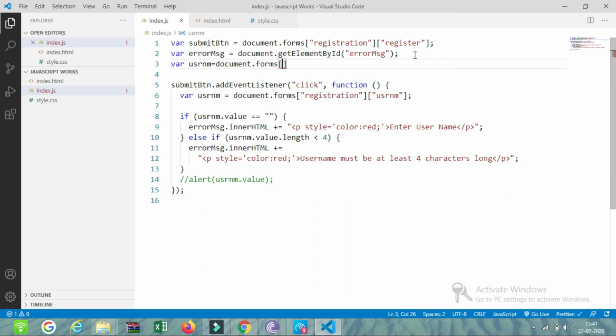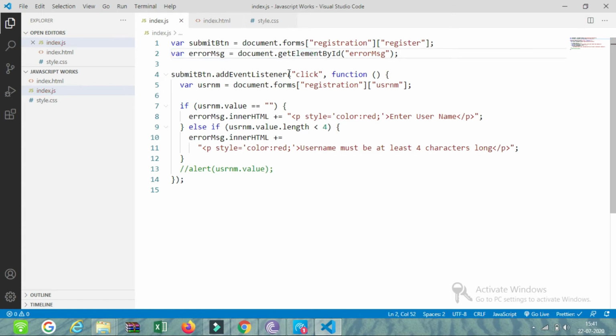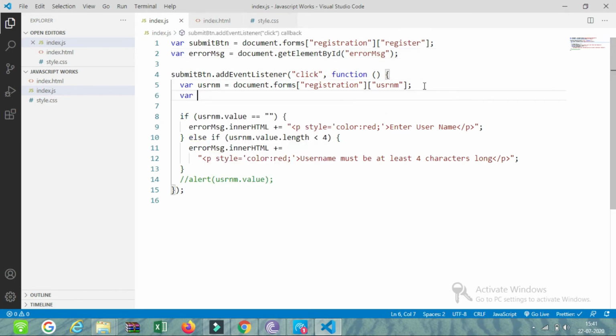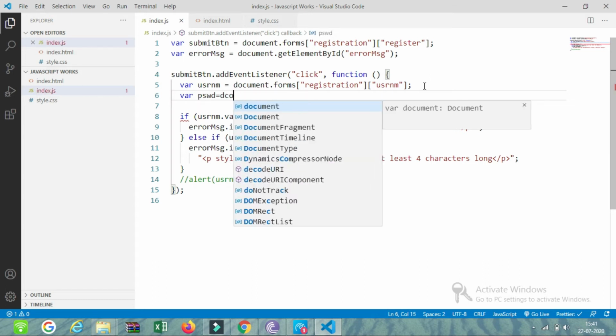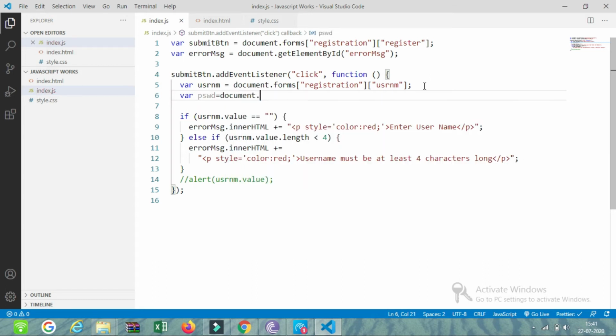Sorry, my mistake. We have read it here. Username is equal to username, got access. Then we will also type PSWD is equal to document dot forms of registration, and I will type PSWD.